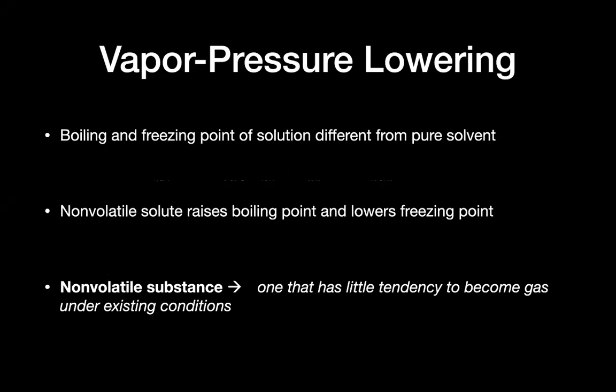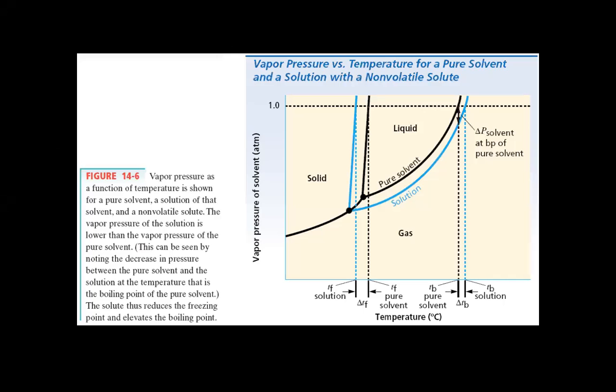All right. And a non-volatile substance, which is what we talk about when we're talking about colligative properties in solutions. Basically, they don't evaporate quickly. You can say one that has little tendency to become gas under existing conditions, or you just look at a non-volatile substance as something that doesn't evaporate quickly. So here is